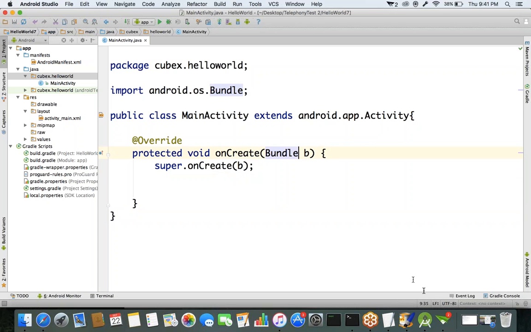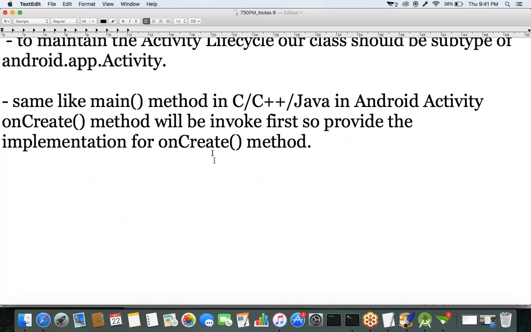Okay, what is in a bundle? Basically bundle is a class which is used to maintain the state of an activity. What is the purpose of bundle? Bundle is a class which is used to